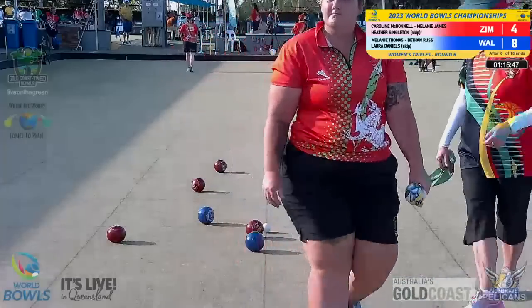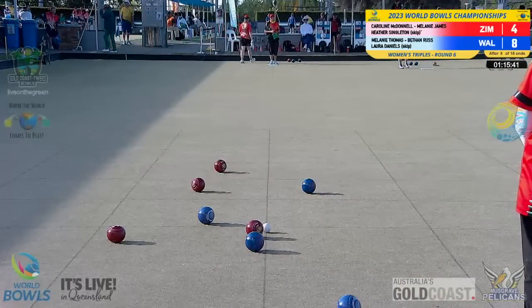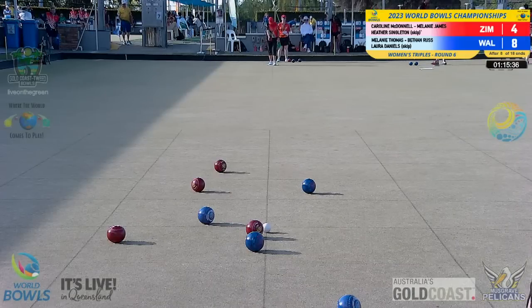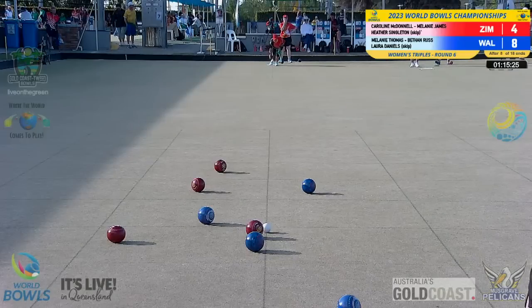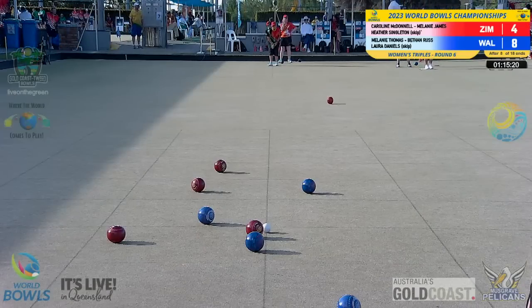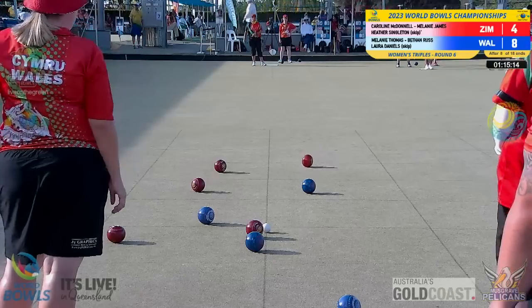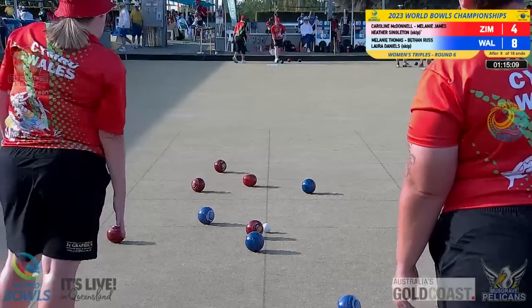Zimbabwe holding one. Okay, Heather, on the mat. I'm not sure there's enough weight here. She's not going to get around, and she's not going to get under either. No. But,